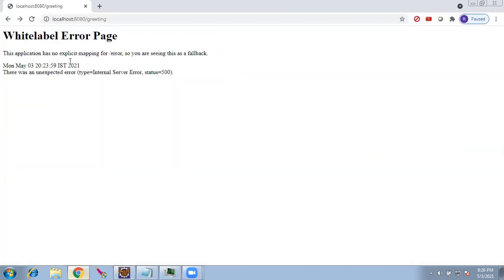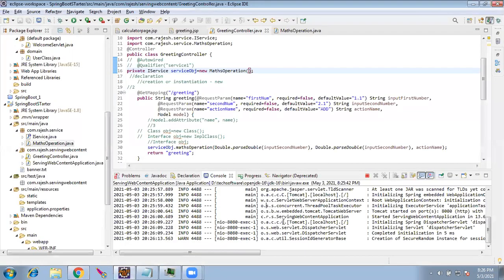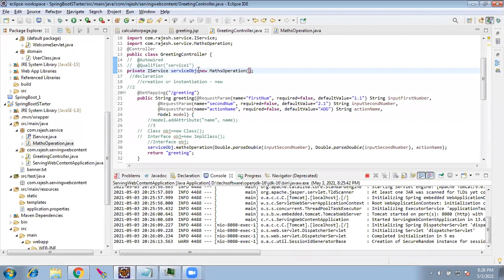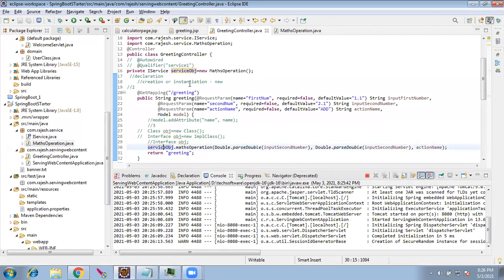Let's start it. There's no error, see, it is working because now the object is available and we are calling the object. But this will work, and this is not Spring. If you write this way, you are not writing a Spring application.